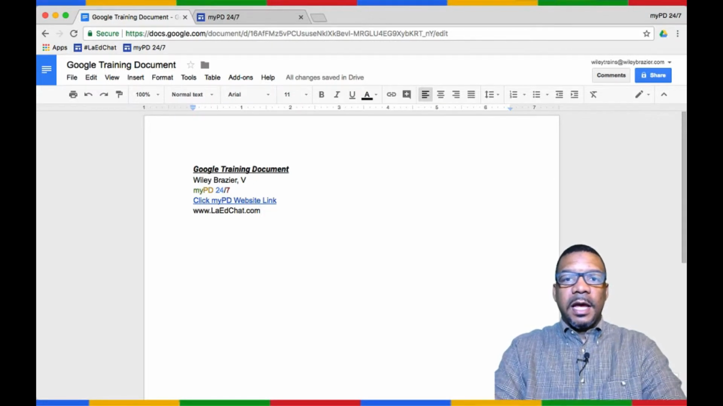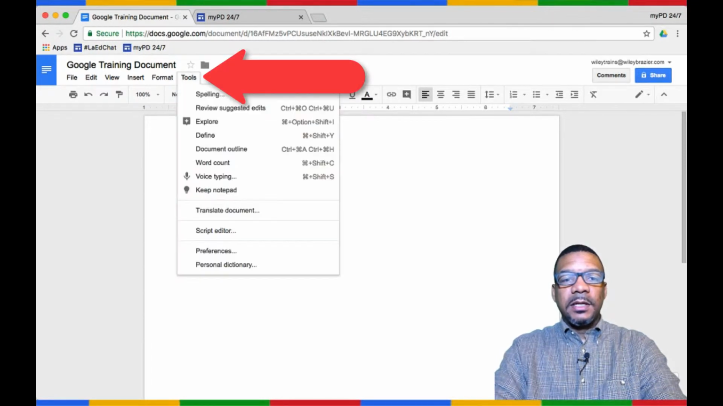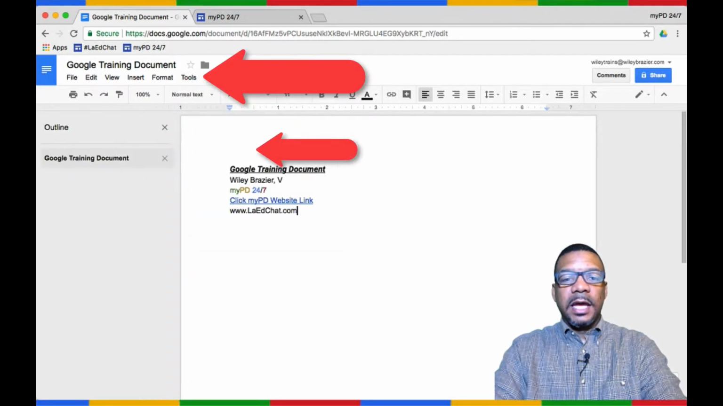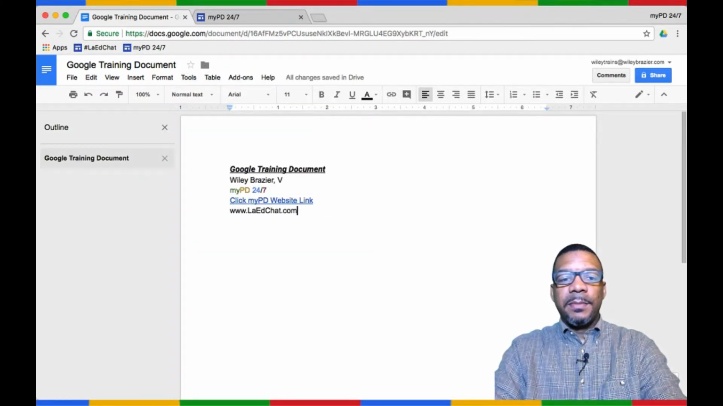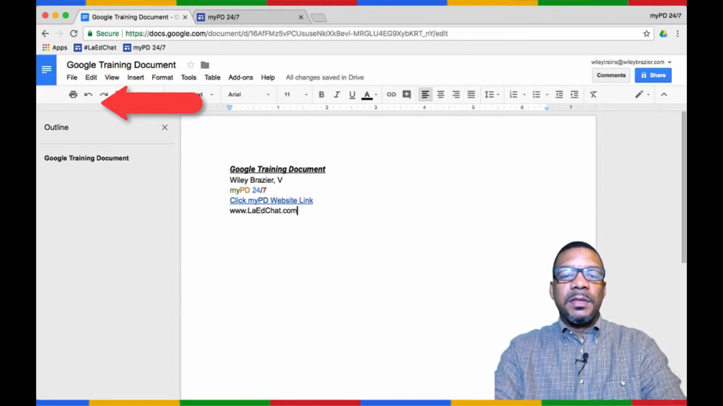Google also has the option for adding a document outline to the file. If I want to add a document outline or to display the document outline, I'll click on Tools, click on Document Outline, and it will pop up from the left side of the menu. This is a really good feature because it allows the ability to create a regular document, but then also to